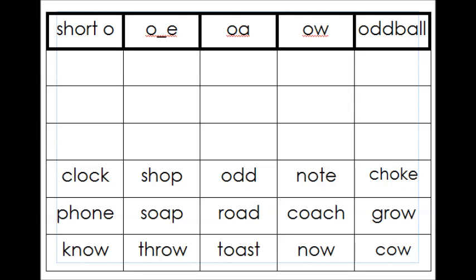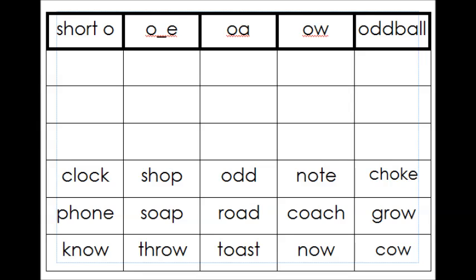Our work on E, short E says e, long E says e. I, short I says I, long I says I. This week we're going to concentrate on the short and long vowel O. Short O says ah, like the doctor says open up and say ah. Short O says ah. Long O says its name,